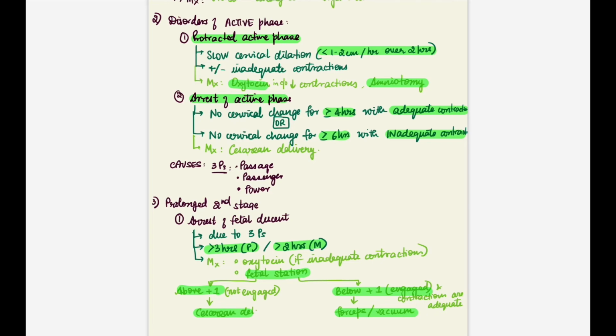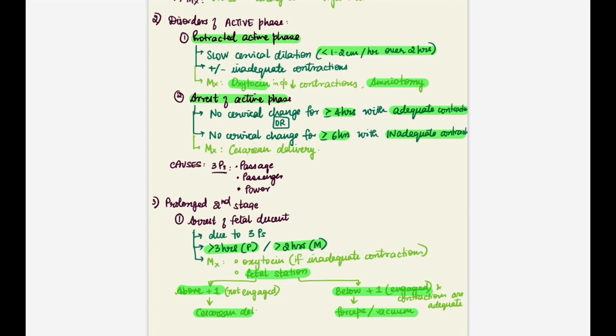First is that if the second stage has been allowed to go on for quite some time and the fetal head gets trapped very deep in the pelvis, and you realize later on that it may be required to do a cesarean section, probably because of a small pelvis or cephalopelvic disproportion where you can't really do any vaginal delivery, in that case it's going to be hard to do a cesarean section with the head that is so deep within the pelvis.